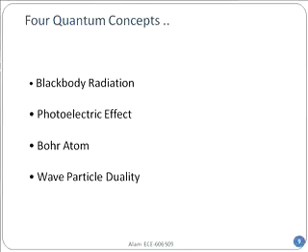The first one is the black body radiation, and I'll explain what it means. Photoelectric effect. Einstein won the Nobel Prize for this work. Bohr atom, Niels Bohr's work, and the wave-particle duality. These 4 concepts will lead us to something called a Schrödinger equation, and from the Schrödinger equation, we'll be able to